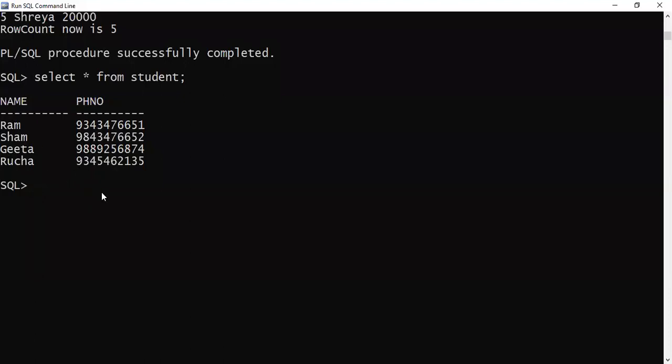But when we execute update method, for example, suppose update student set name equals to Rita where name is equal to Geeta. Now, when I execute this command, am I going to get output something like the above query?